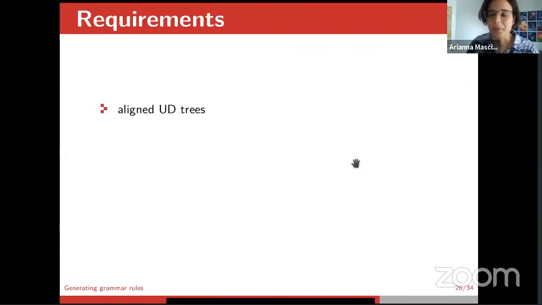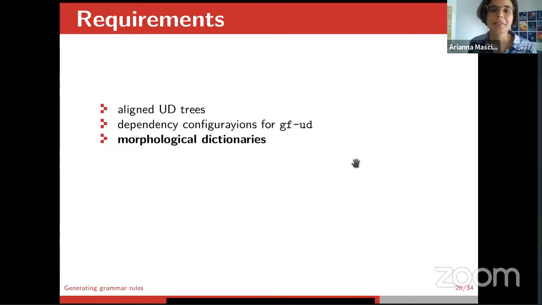And then there is one last step, which is generating the grammar rules of our lexicon. So, of course, this requires having alignment, which is what we worked on so far. Then you need dependency configurations for GFUD, but Aarne already said a lot about this, so I'm not going into detail about this. But then there's also 2 more requirements. First, we need a morphological dictionary of each of the languages involved. So in this case, 1 for English, 1 for Italian, 1 for Swedish. And fortunately, these 3 morphological dictionaries exist in the GFRGL. And then you need an extraction grammar, which is,